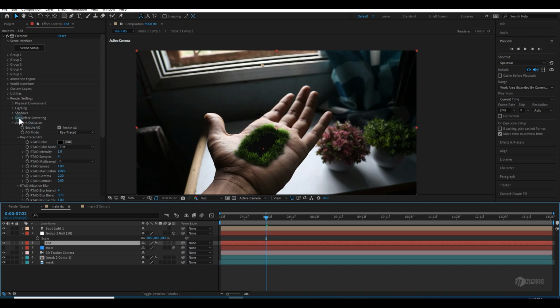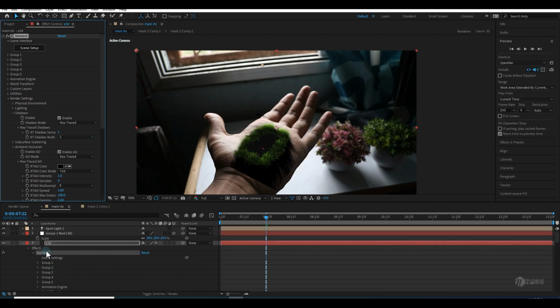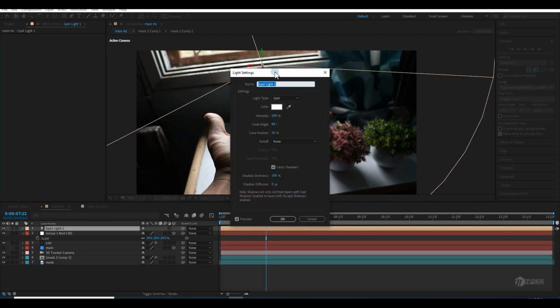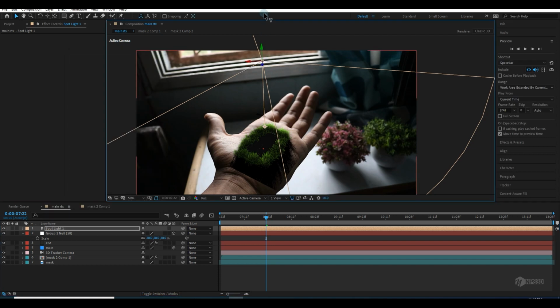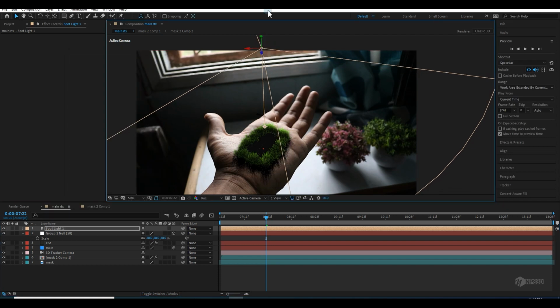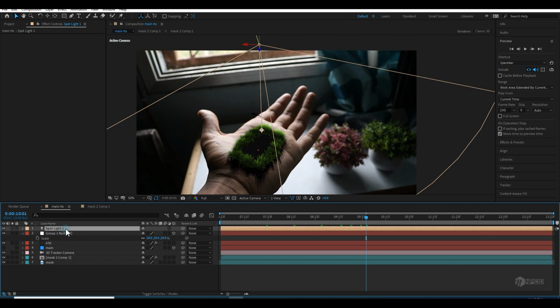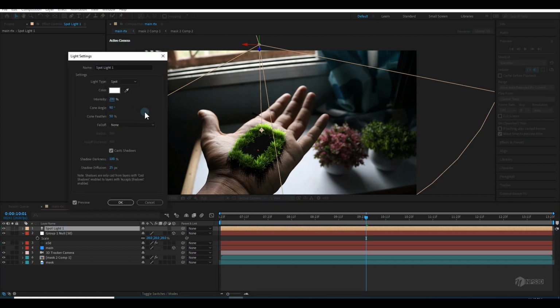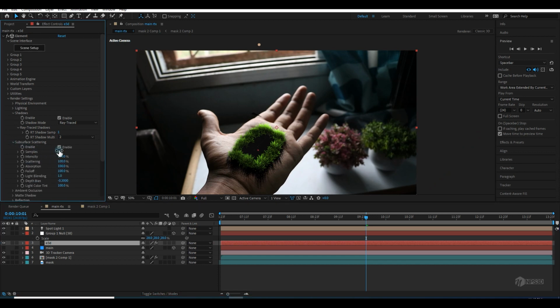go to the Element 3D and go to the shadow and enable shadow. Make sure this is ray trace shadow because I want a diffused shadow, so this will work. And for the diffusion, you can increase the diffusion intensity to something around 25. Let me correct it. This looks good to me for now, and we can adjust and correct it later also. You can increase the size like 200 or maybe 156. Hit OK. The subsurface scatter is happening right now, and you can correct it from here also.